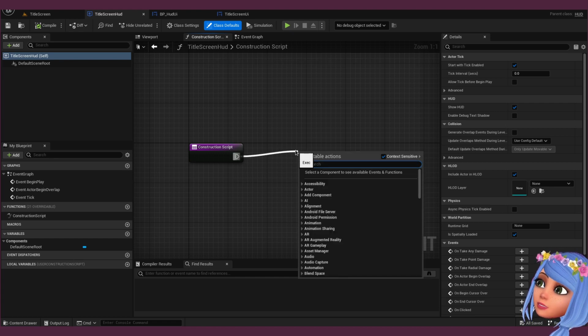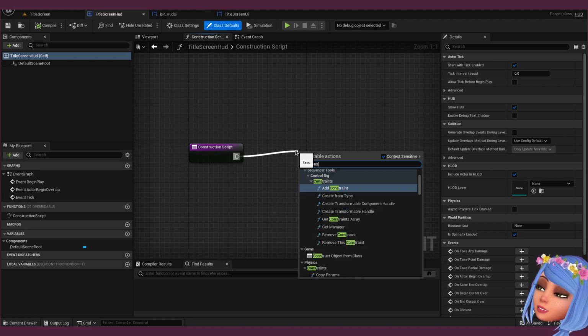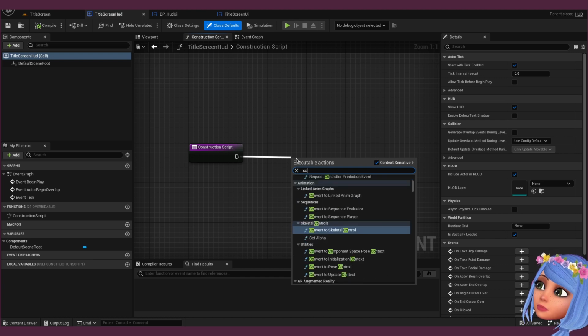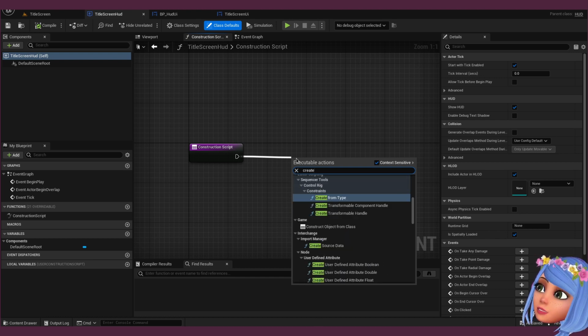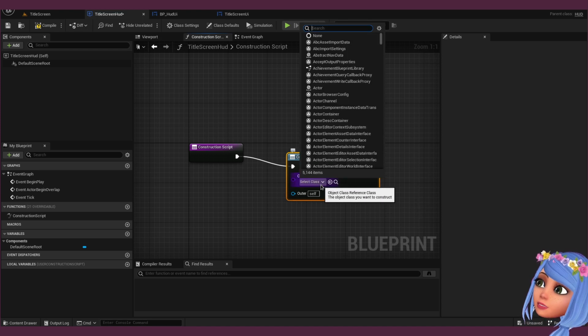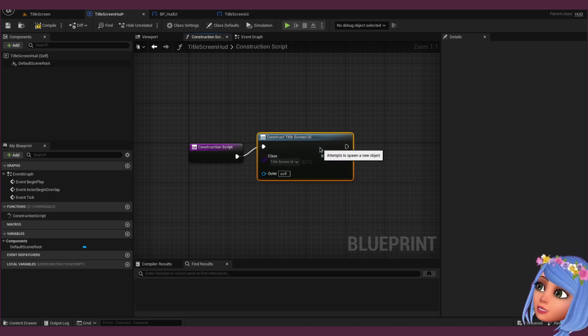So we do create widget, construct object from class, I guess, and it's going to be the title screen UI.